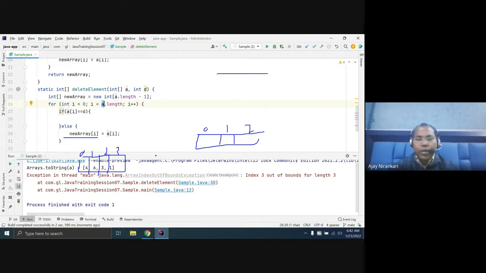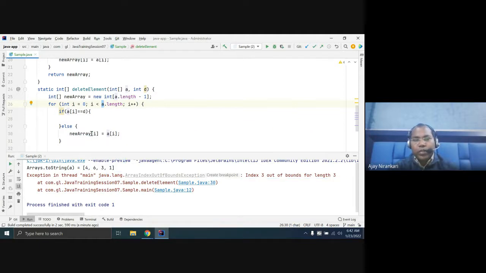Whenever your 3 matches, you are not doing anything. But for the next element, you are going to copy into the new array's 3 position. But in the new array there is no 3 position, right? So it gives an out of bound exception, because the new array does not know about this additional data. So you have to ensure that the new array has a length of -1.